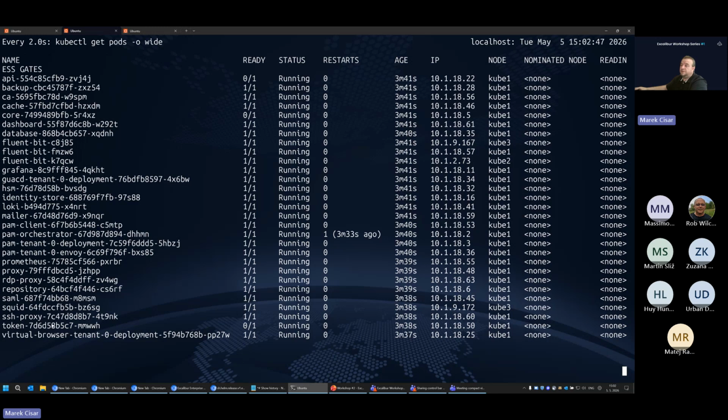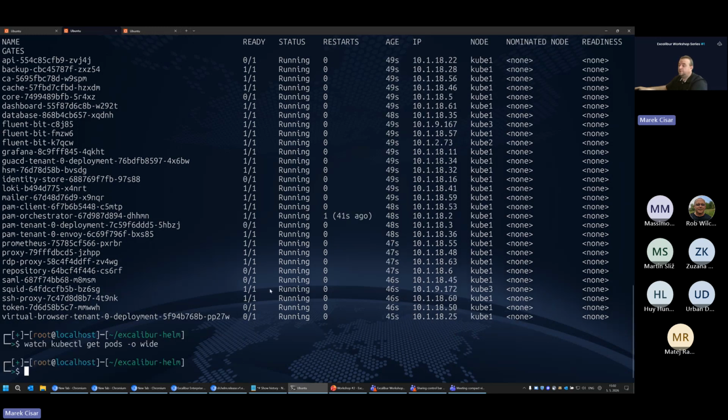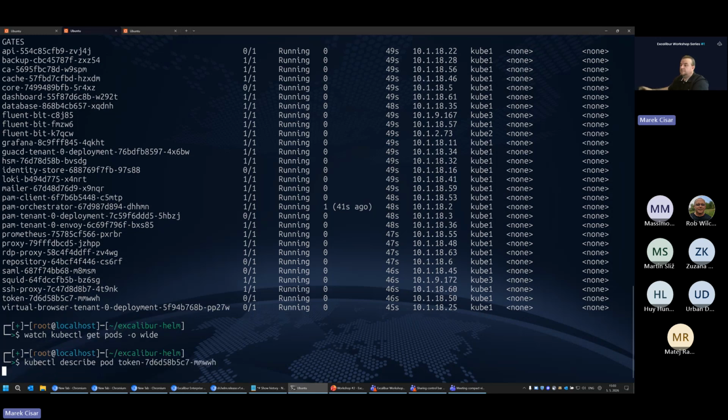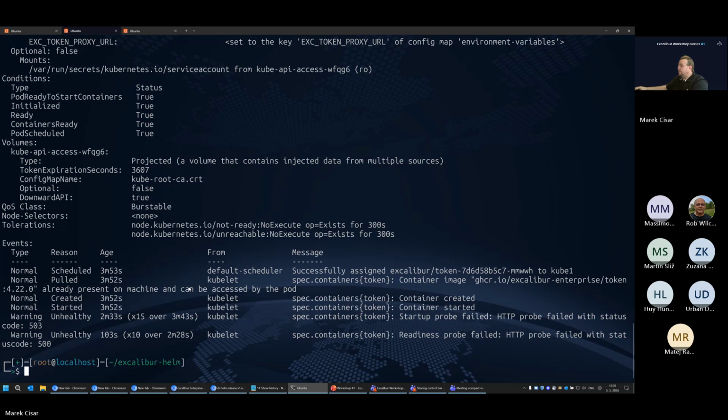So I will copy the name of the pod and try to check what's going on. So describe a pod, and this one. Okay, container has been downloaded, has been started. Startup probe is still failing.